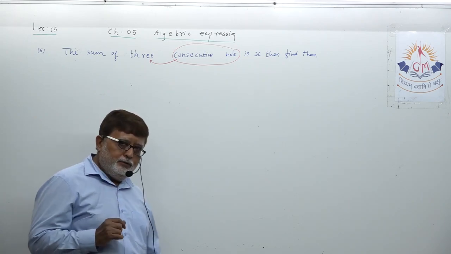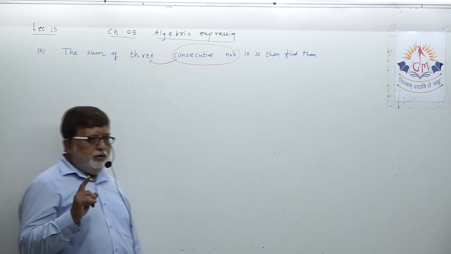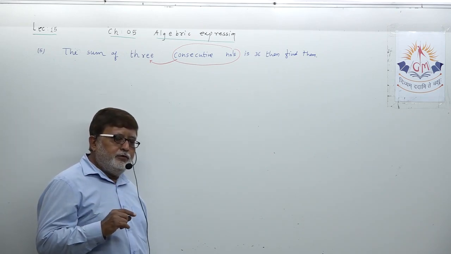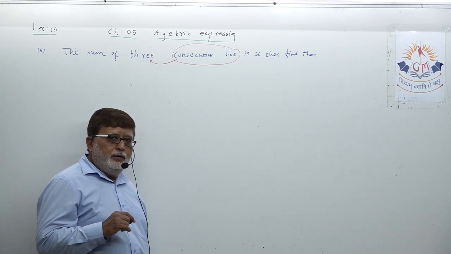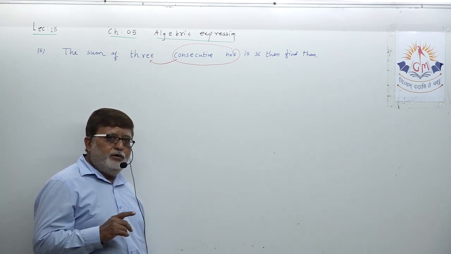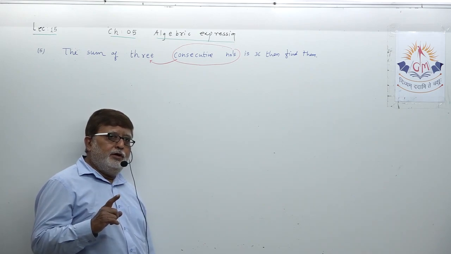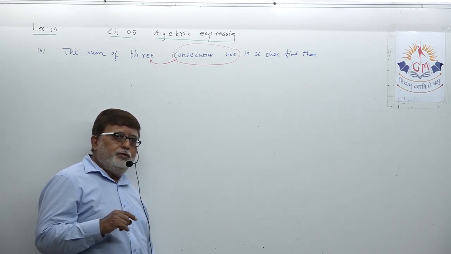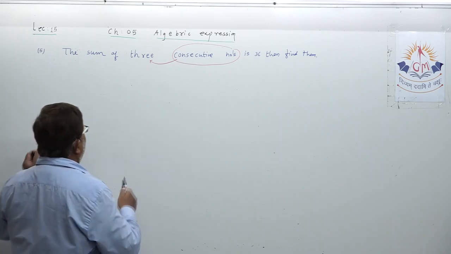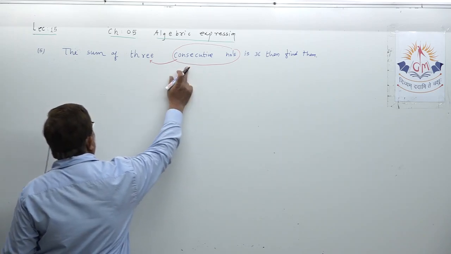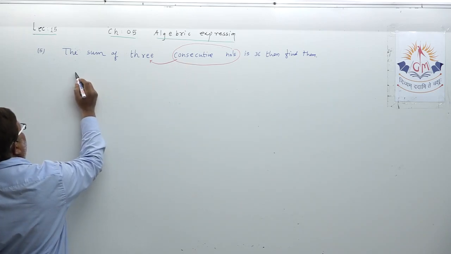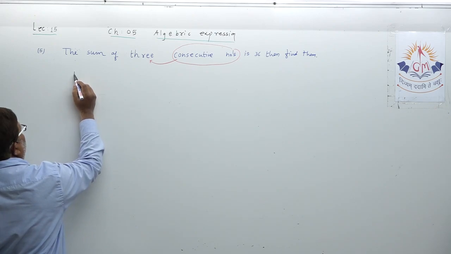But whenever 3 numbers are involved and it is written that they are 3 consecutive numbers, what you have to do? See, dear student, mind this word and accordingly suppose,